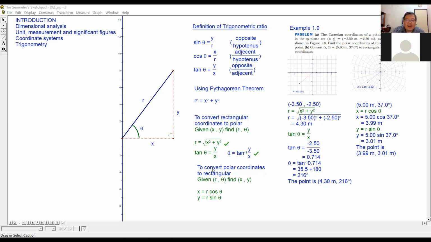Okay, next, how to convert the polar coordinates to rectangular. That means if you are given the r and theta, how to find the x and y? So this is the relationship. Your x is r cos theta, that's how you find the x. How to find the y? Y is r sine theta. Okay, so this is how you convert from one system to another. Okay, now we look at